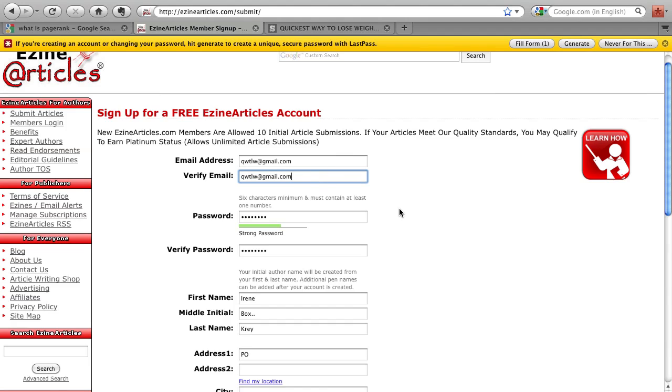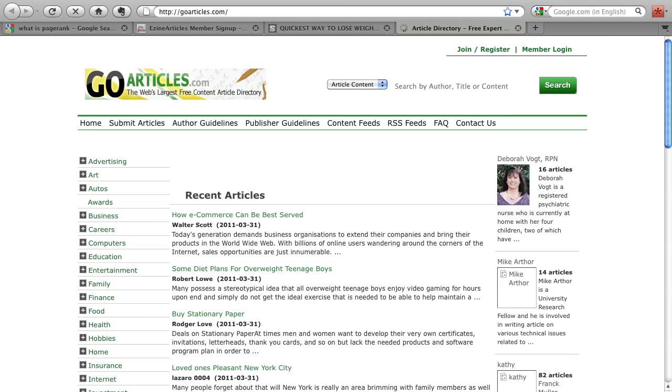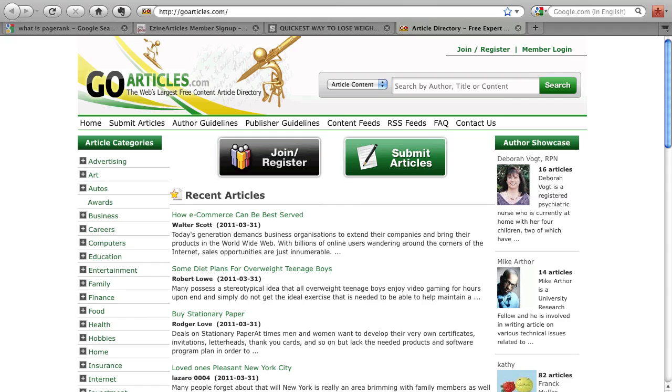All right, so that's a very general process, and more than likely when you set up other article directory accounts, such as goarticles.com and all the rest of them, which I'm going to talk about right now, it's pretty much the same process. So this week's homework, which I want you to focus on, is to get all these accounts set up, because in the next few weeks we're going to be using a lot of these to create backlinks and so forth. So let me write down what these are and share them with you, because you might not get this video until next week. But I'll give you all these links on my site anyway.